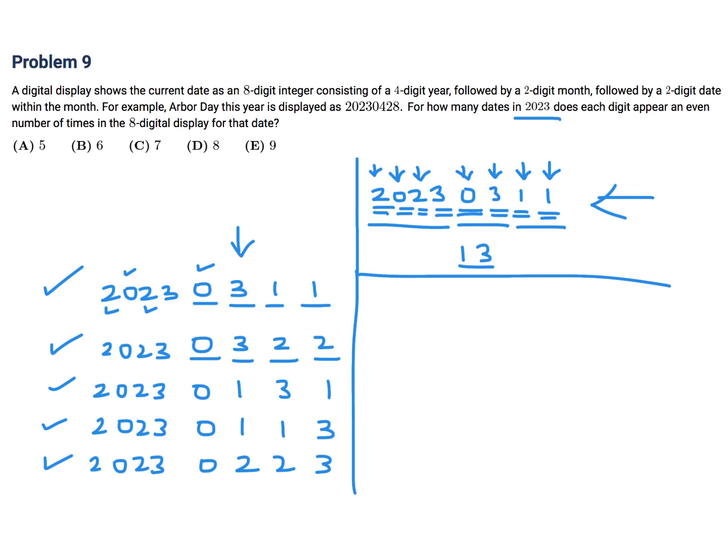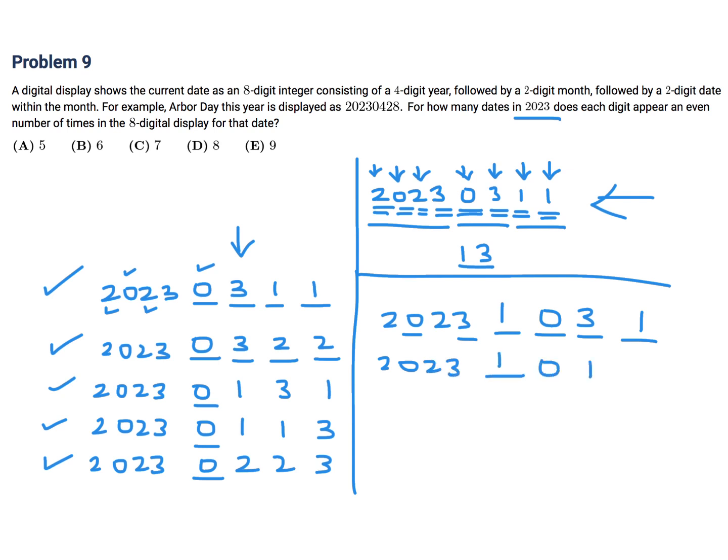Okay, so these guys are all with the 0 on that, and I think I've exhausted that. So now let's move on with a 1 in that position. So I've got to put at least another 0 to match with that one. I've got to put another at least 1, 3 to match with that one, and another 1. So that is valid. Let's try again with a 1, 0, and then I can flip these. So there you go. And I think, well, I can't put a 2, so I've got to keep going with